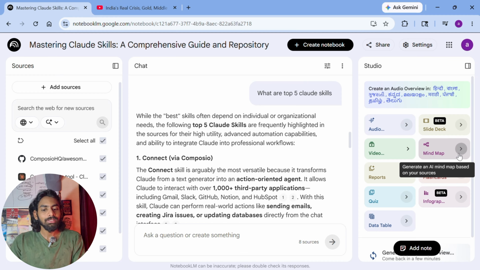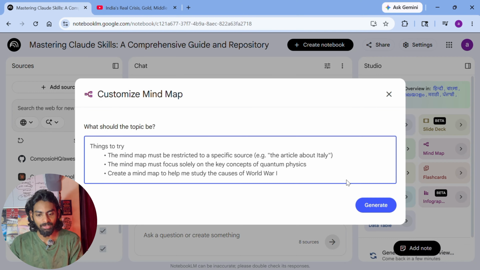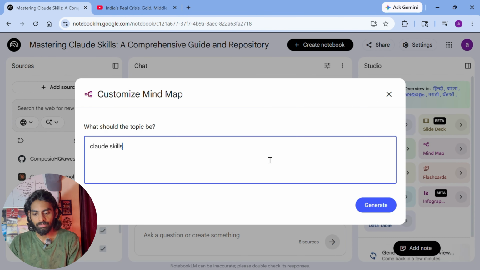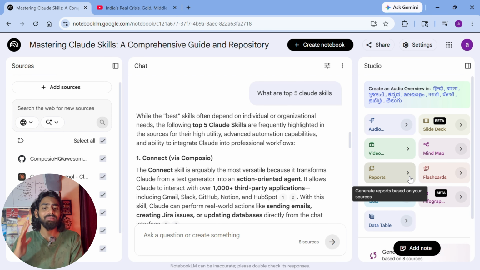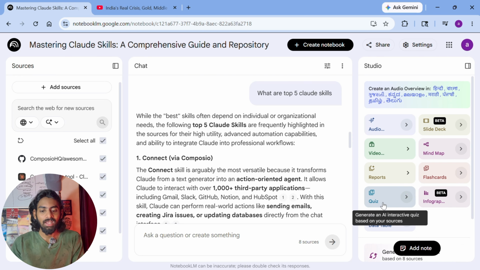If we click on this mind map, it will create the map, like it will create flow charts. I'll just go and see it. I'll type cloud skills here as the topic. Also, you can generate reports, flashcards, and quizzes. How can these quizzes be useful? If you are a student studying for a particular exam and a particular topic,